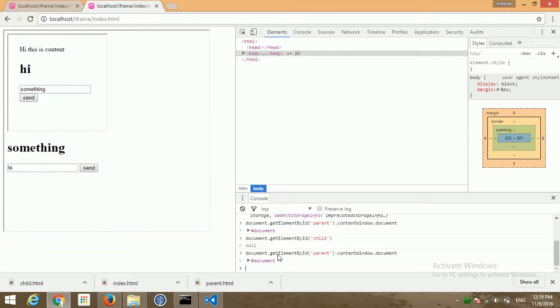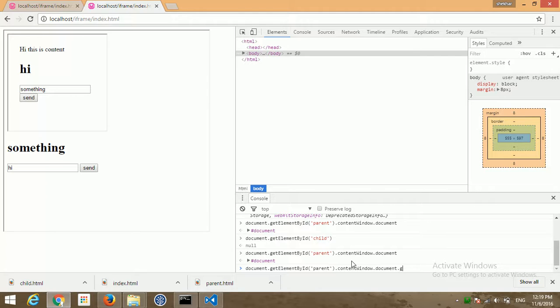So for that, what I am doing: document.getElementById parent, this way I am getting the parent. Now I am doing contentWindow, so I am getting the content window of parent. Inside that parent I am getting again the document of parent. Now from here I think I can access the child.